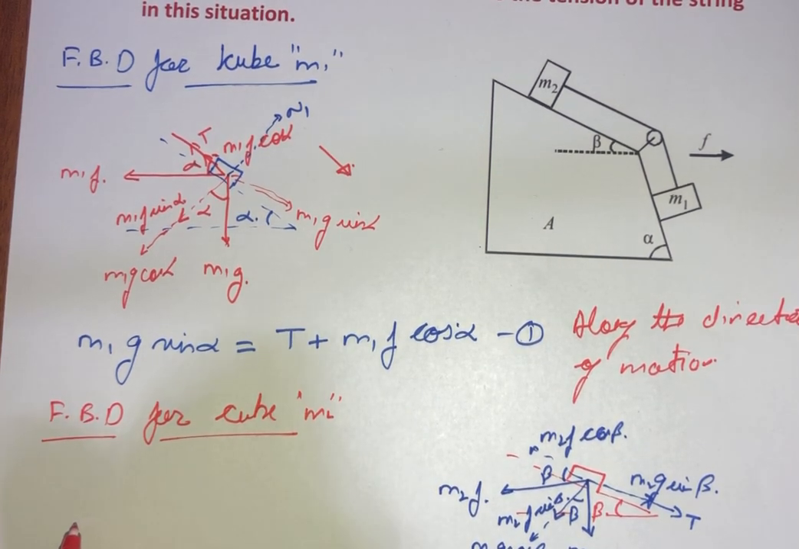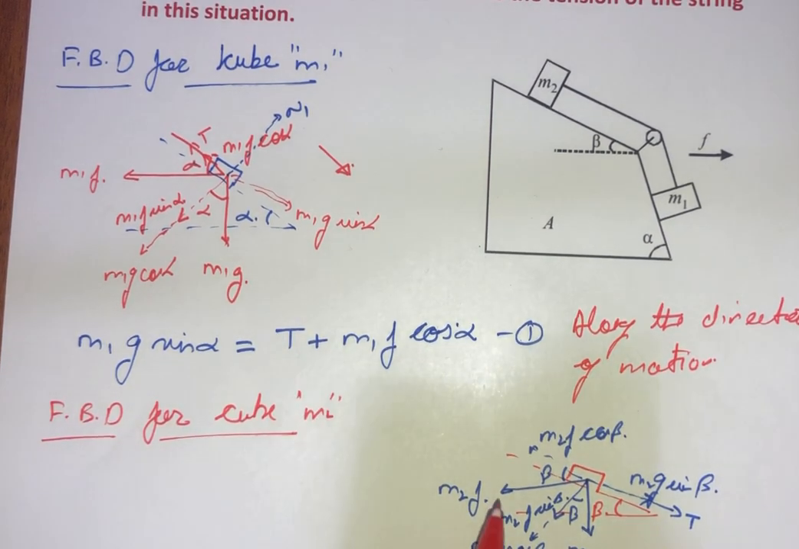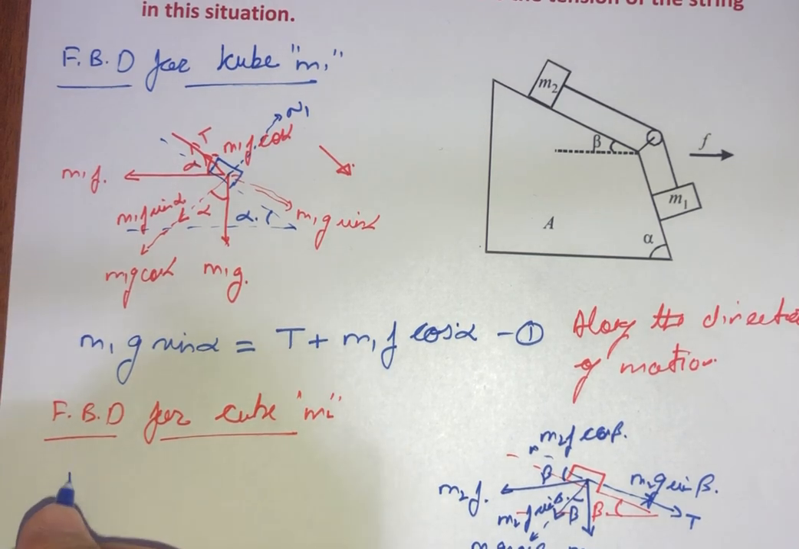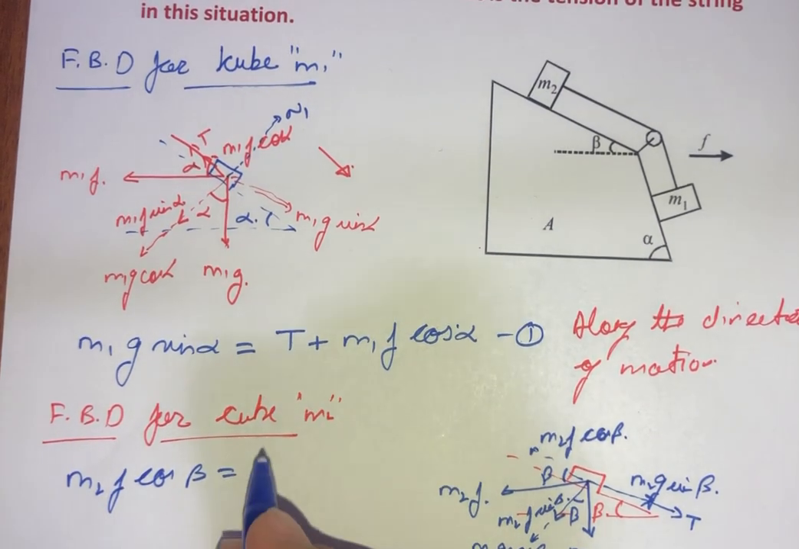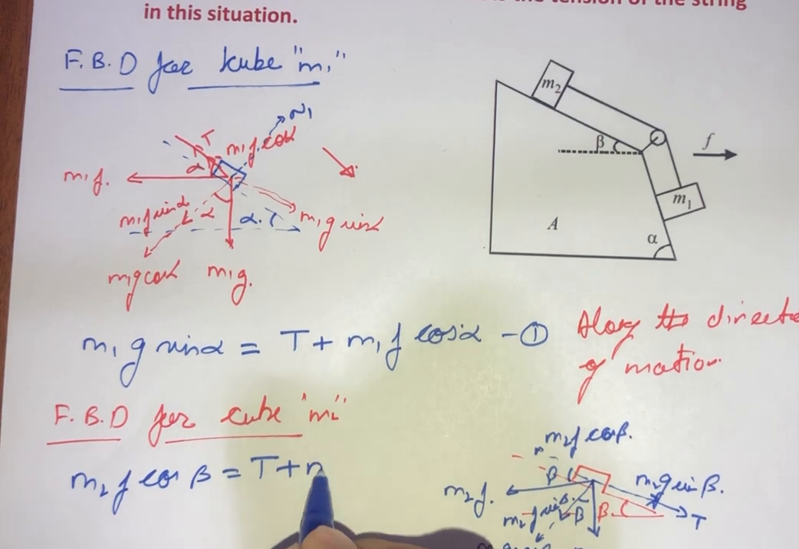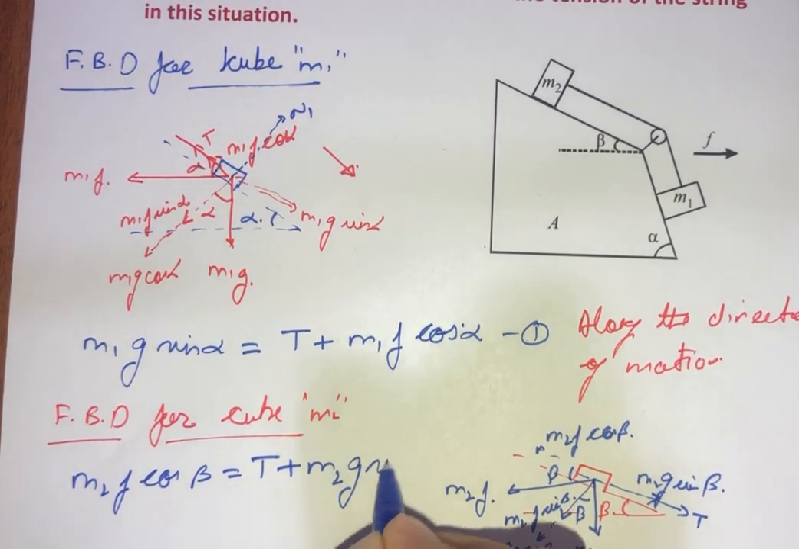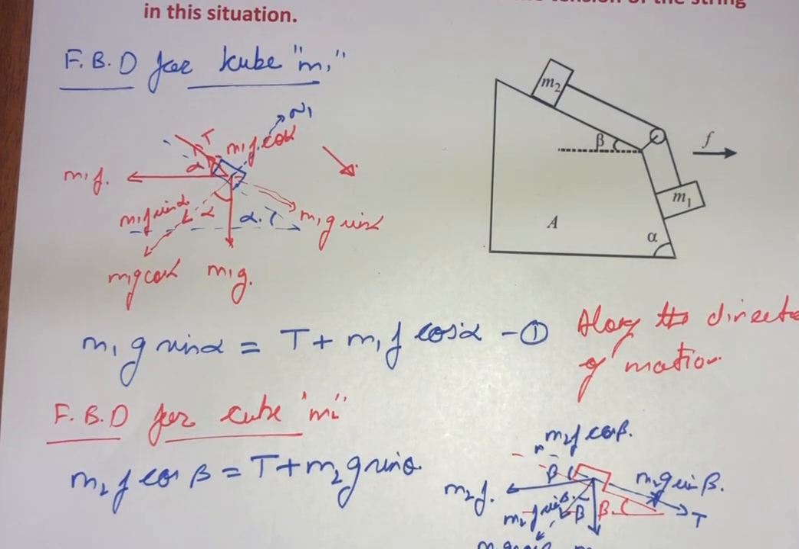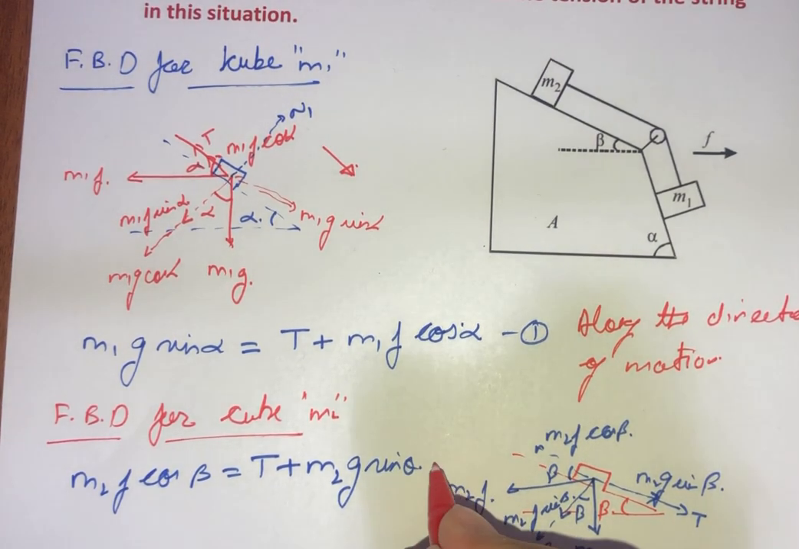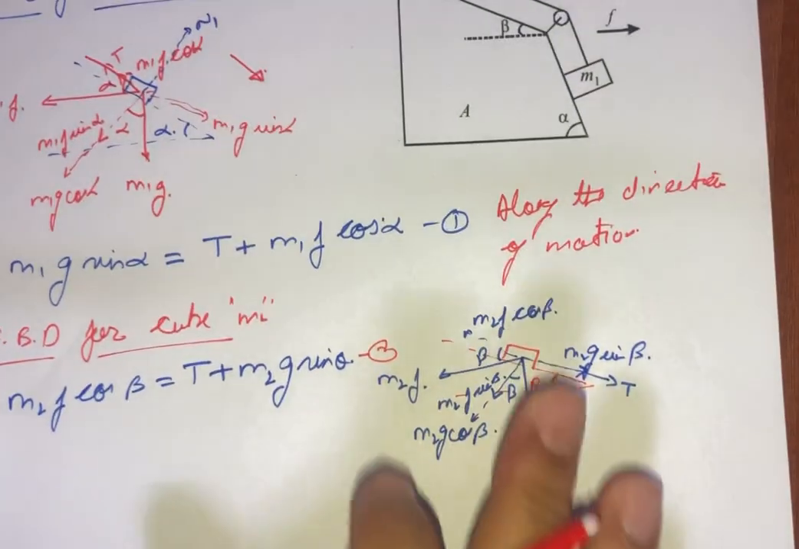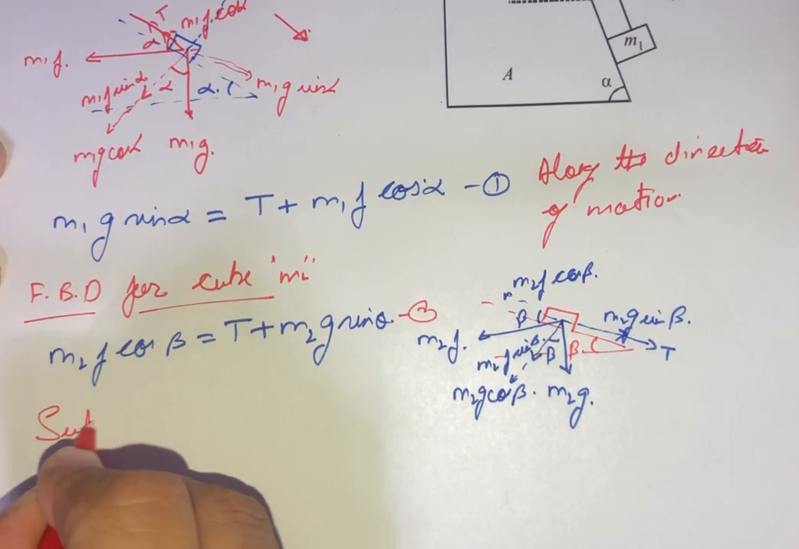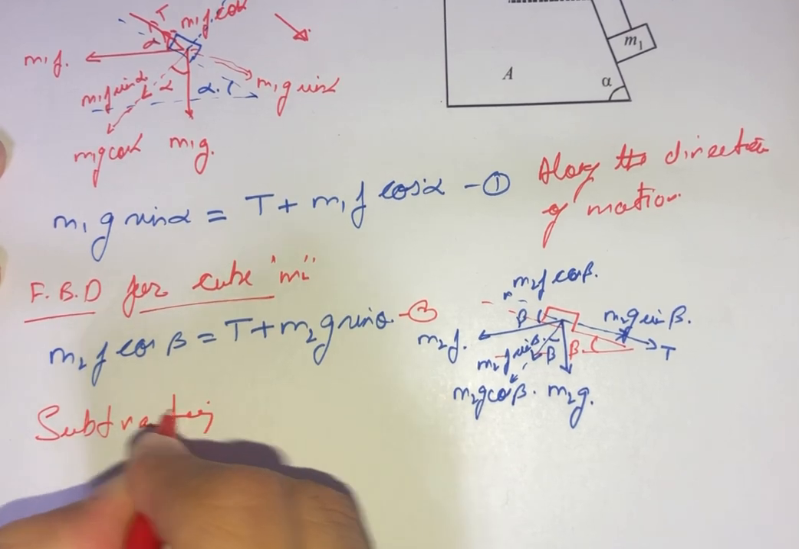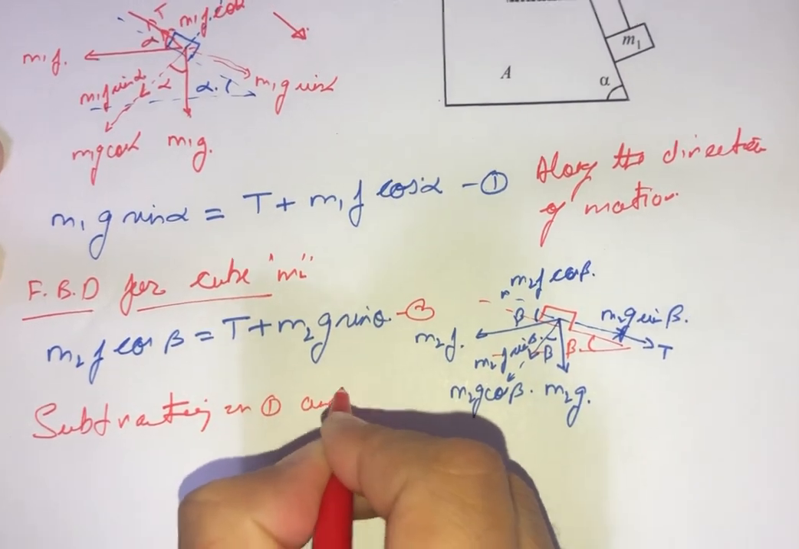So from the free body diagram we can say that M2F cos beta is equal to T plus M2G sin beta, and let us call this equation number 2. Okay. Subtracting equation 1 and 2,